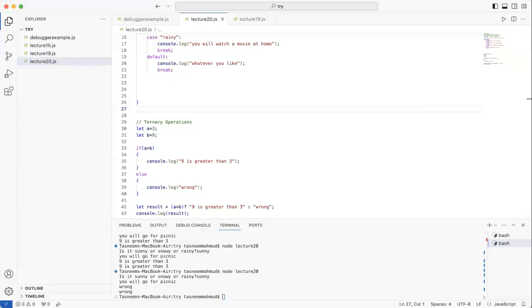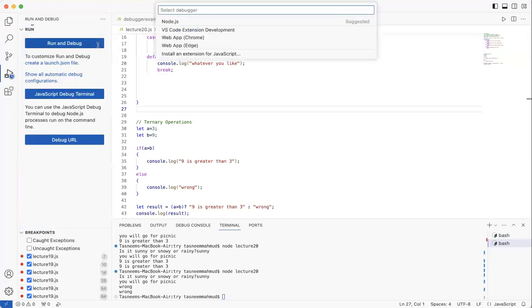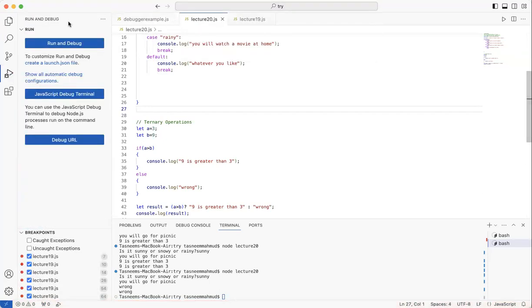How to close the debugging tool. Okay, let me just show that real quick. So over here, as you see, the debugging tool is running.